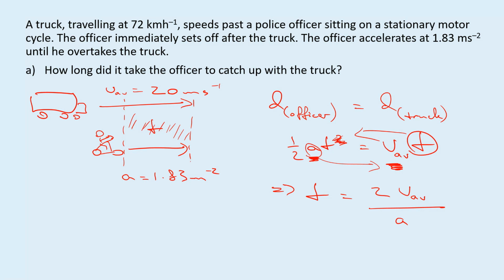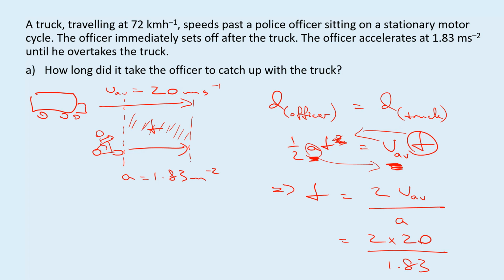And this we can now solve for this first part of the problem. So there's our rearranged equation. We now plug in our numbers. 2 times the average velocity was 20. Remember, I know the question said 72, but that was kilometers per hour, which is equal to 20 meters per second. And we divide that by the police officer's acceleration, which is